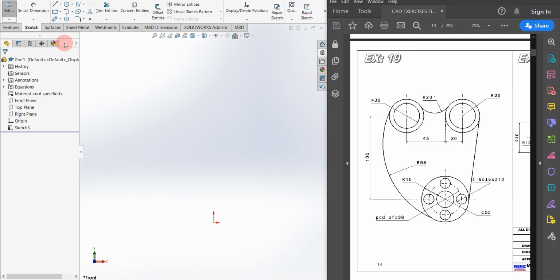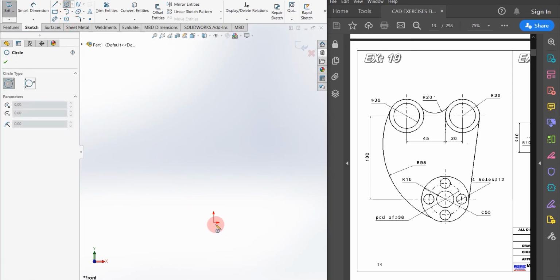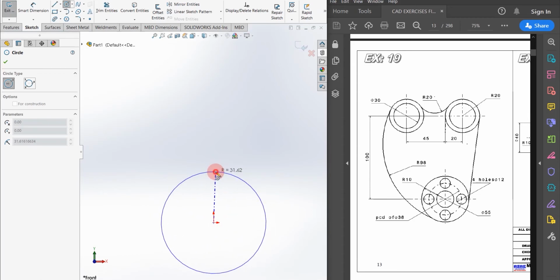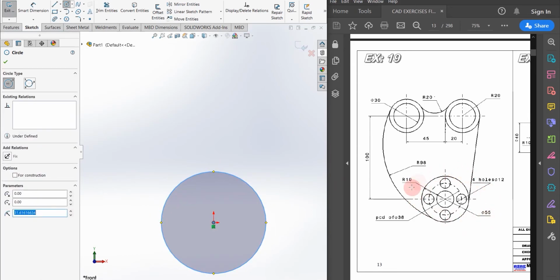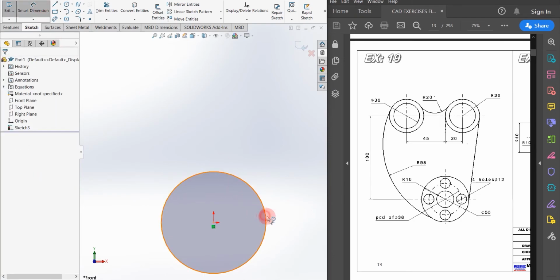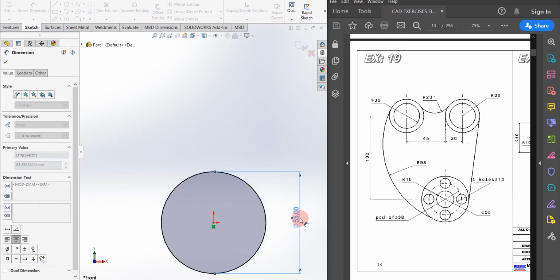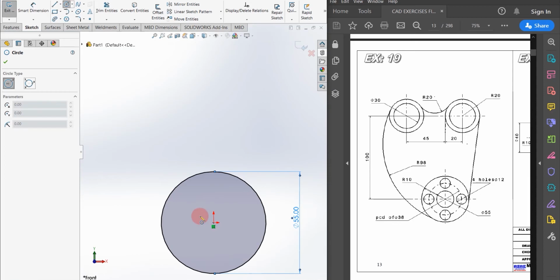So let's start. First of all, I'm going to construct a circle, as you can see at the bottom of the component. Given that the diameter of the circle is 55, I'm giving the dimension 55. Another circle is there with diameter 38.